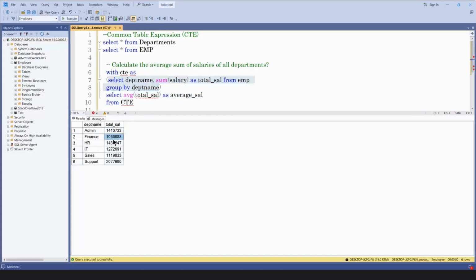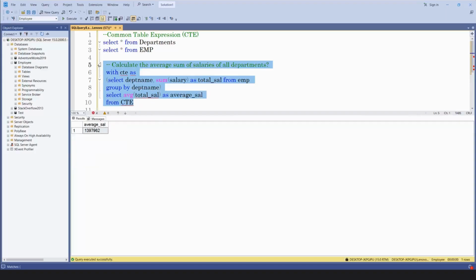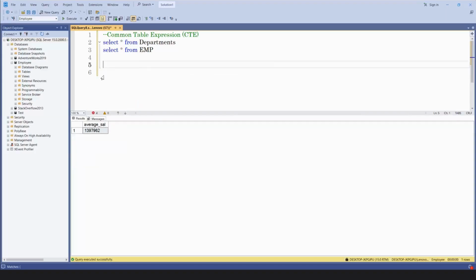Here it calculates, like, it has added all those and divided by 6. This is how we get the average salary of the total sum of salaries, right? There are other things which I want to show here. We can write the CTE multiple times. So how do we do it? We'll write with CTE as, for example,